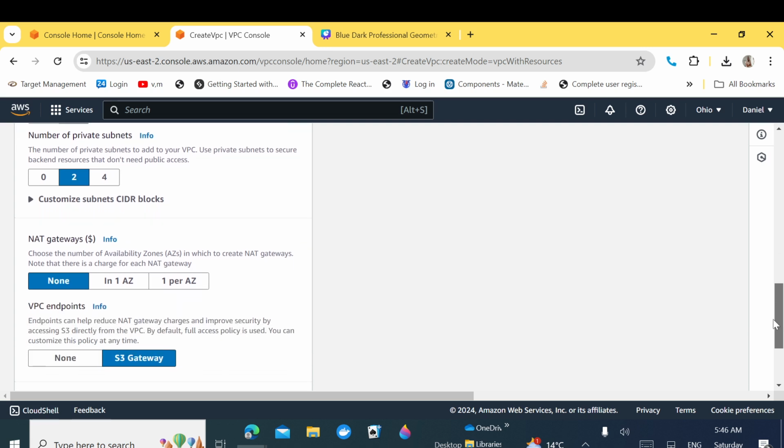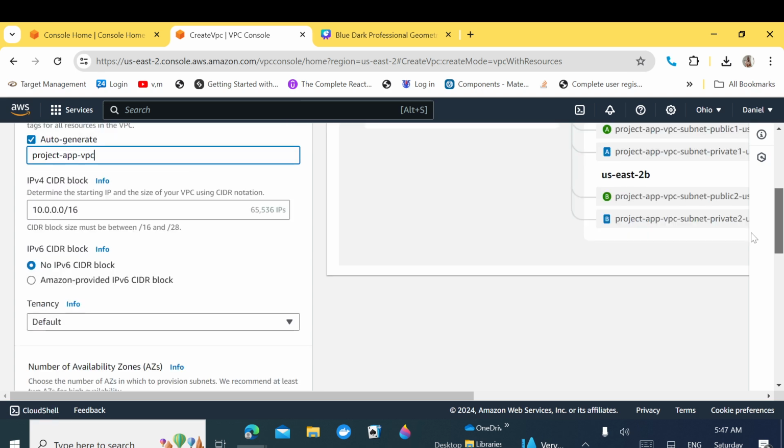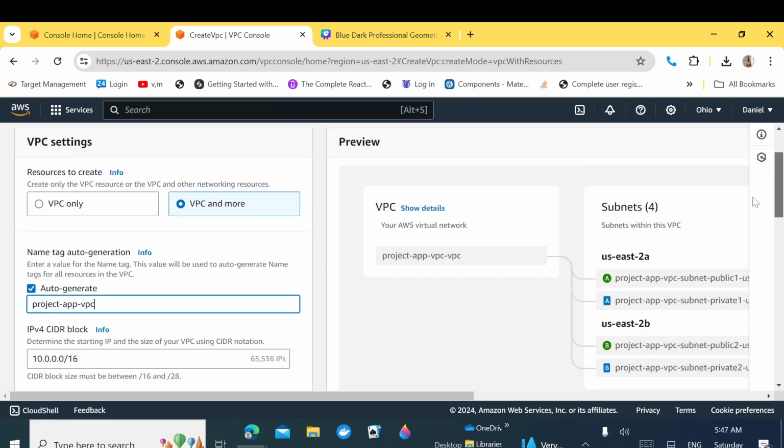Then in this case, let's not have a NAT gateway for this, and then we use an S3 endpoint. So to see how this structure looks,